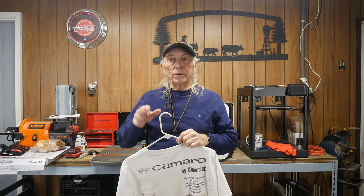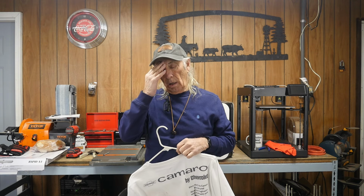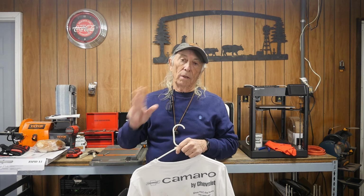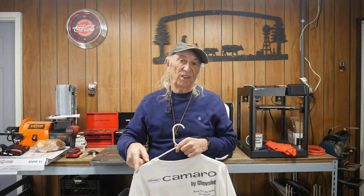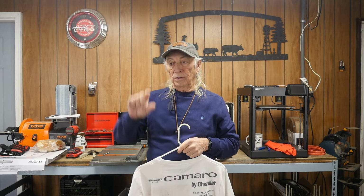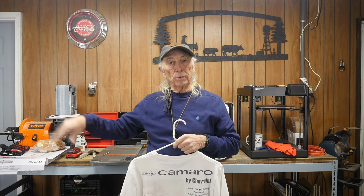But the other problem was I stuck the car on the slab and then realized it was a big mistake. I'm going to have to get the car off the slab in order for the building to go up, because no builder is going to put that building up while that car is sitting there. So I thought, we're going to ramp off the back of the slab because it's just a bit of a small drop, and roll the car back in there, put the tarp back on it